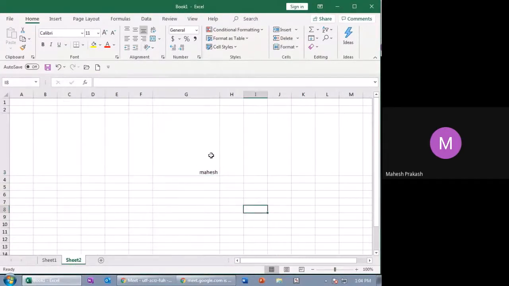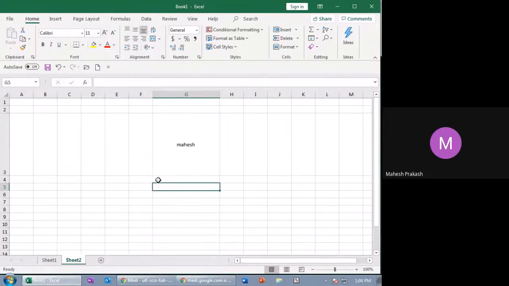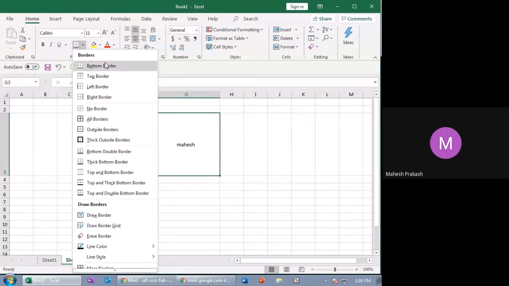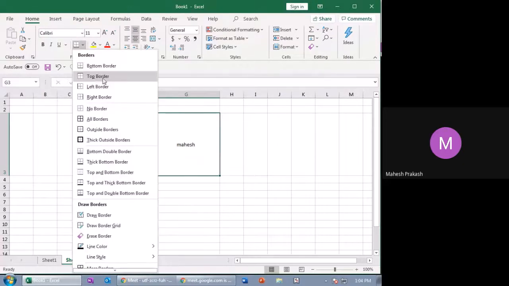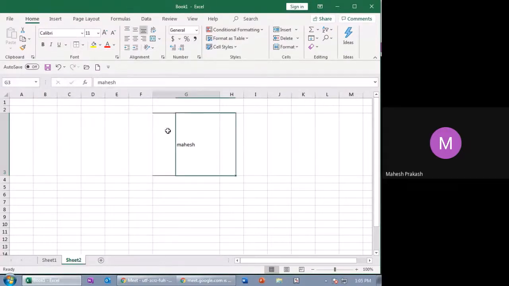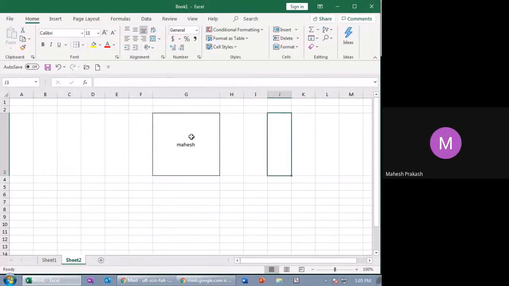Okay. So see this cell is empty right now. It has Mahesh, the name, in it. I'll make it middle and center. Now see, there are no borders over here, but when I select bottom border, you will get a border at this cell. See, bottom. There is a border. The borderline came. Next is top border. See, top border came. Left border, you got a left border as well. And here we have right border. See, in this way you can have borders.